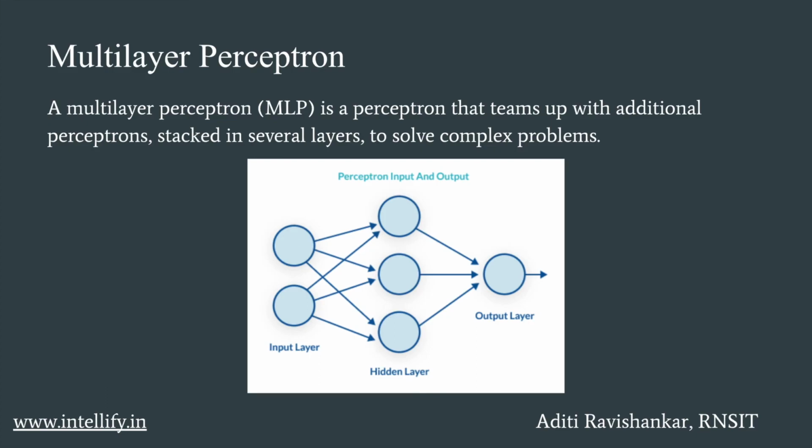In neural networks, however, which are evolved versions of MLPs, we have other activation functions that can be used, which result in outputs of real values, usually between 0 and 1 or between -1 and 1. This allows for probability-based predictions or classification of items into multiple labels. So we will be looking at activation functions in the next video.